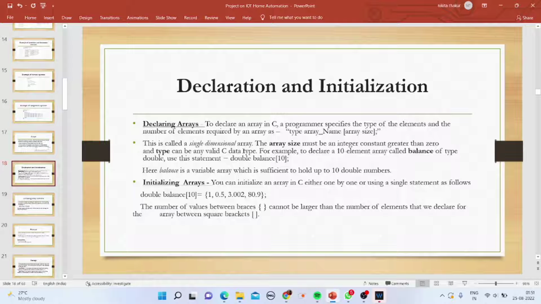For example, to declare a 10 element array called balance of type double, use this statement: double balance[10]. Here, balance is a variable array which is sufficient to hold up to 10 double numbers. Initializing array. You can initialize an array in C either one by one or using a single statement as follows. The number of values between braces cannot be larger than the number of elements that we declare for the array